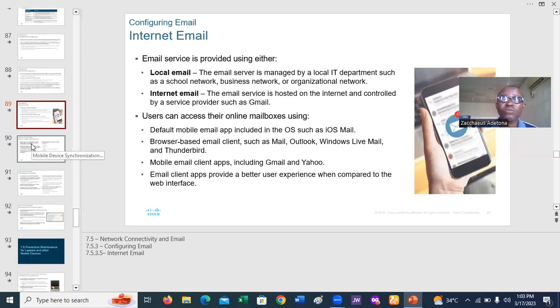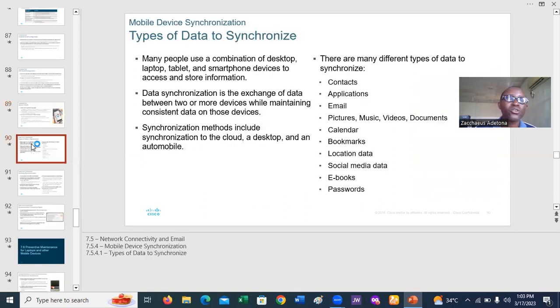Sometimes it also has some limitations, so that you can only get some things done when you log in through the web to access your email. Data synchronization. Now, mobile data synchronization is a way of bringing all your devices together, such as desktop, laptop, tablets, and smartphone devices, and accessing the information stored in them. The meaning of data synchronization is that